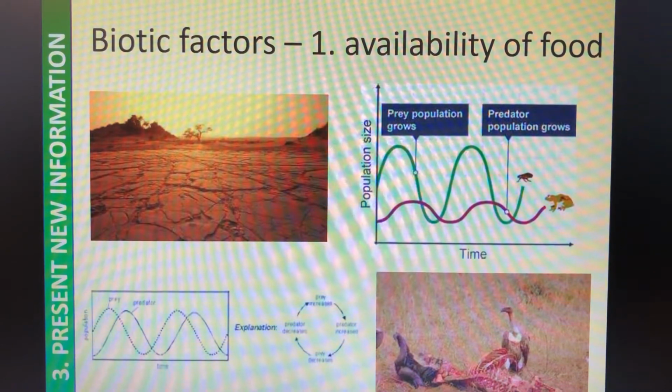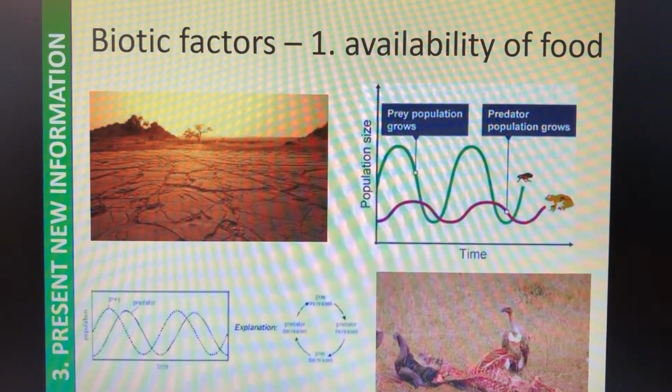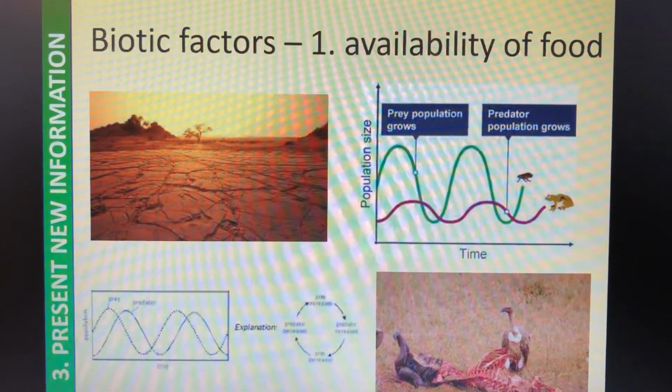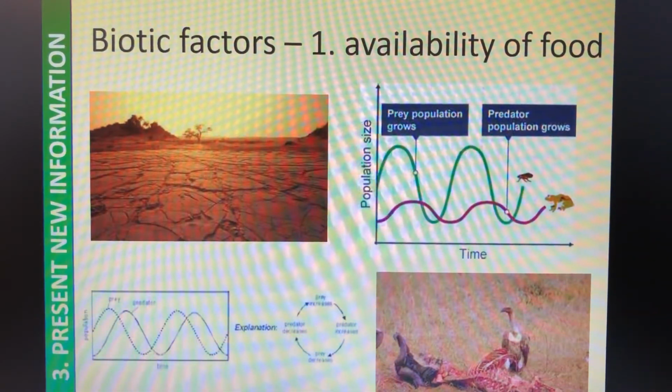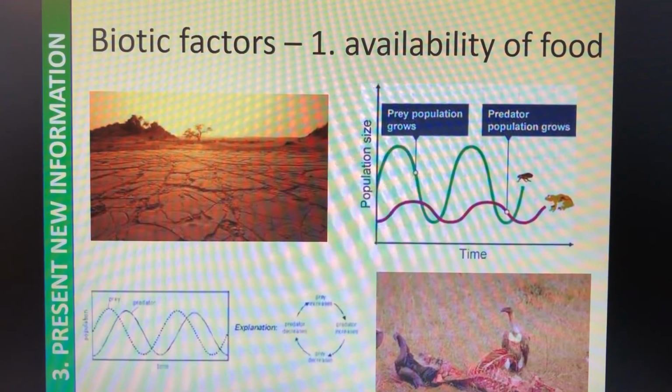For example, if there was a drought or climate change, then obviously that can impact the availability of food, but that lack of food means that species may choose to move from that area or die out, so it's obviously going to have an impact, and the food is a living thing, so therefore we put it as a biotic